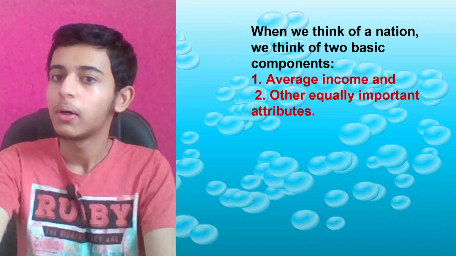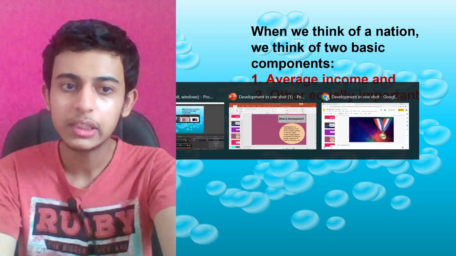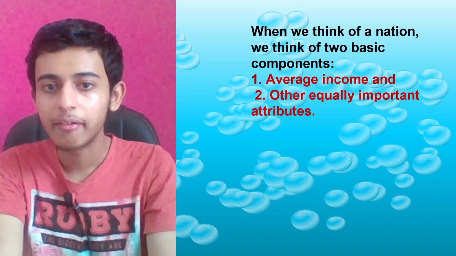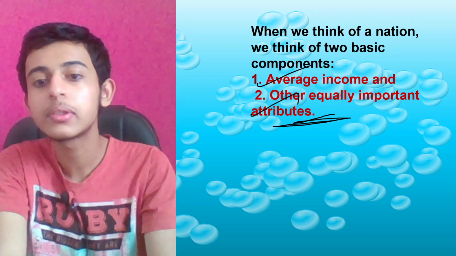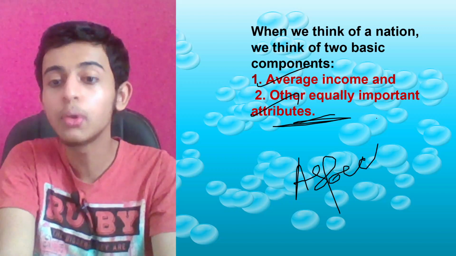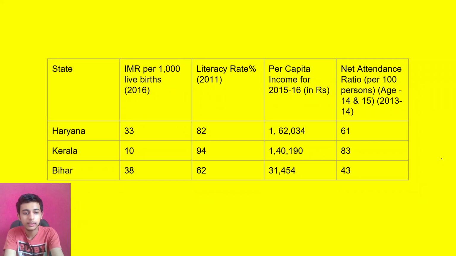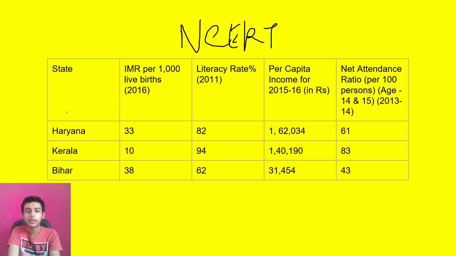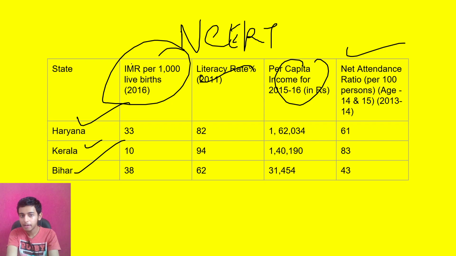Okay. Now, when we think of a nation, we think of the two basic components. What are these two basic components? Let's understand. Average income, that is there only. Along with that, other equally important attributes, the other aspects that we cannot ignore, right? We cannot ignore them. Chaliye, I hope it's visible. Hai visible. We are comparing three states. NCERT has given this data. We are comparing Haryana, Kerala and Bihar. IMR, literacy rate, per capita income and net attendance ratio. IMR, I have told you, literacy rate,